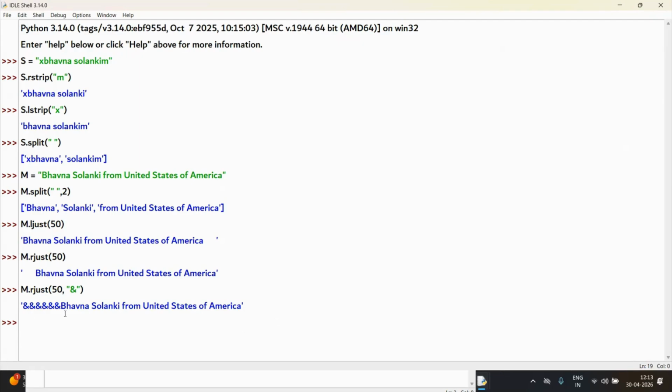Okay, so left hand side you are getting some extra symbol, and right hand side your string is there. So your string is going to be at right hand side and your symbol is going to be at left hand side, because you have done this R justified, that is why it is shown like this. Now next function we have, same thing you can do with L just also. Let me show you. M, so m dot ljust 50, comma, and